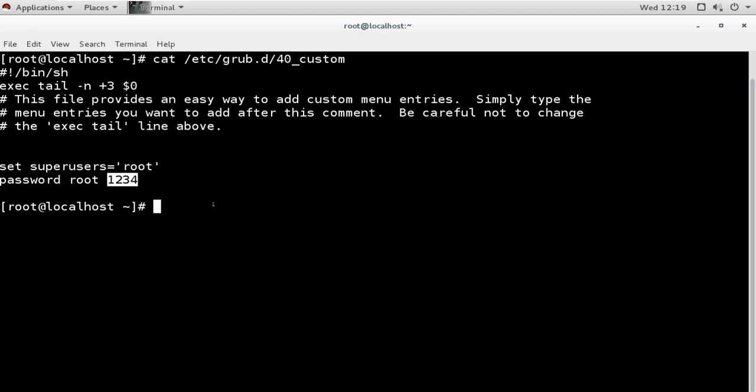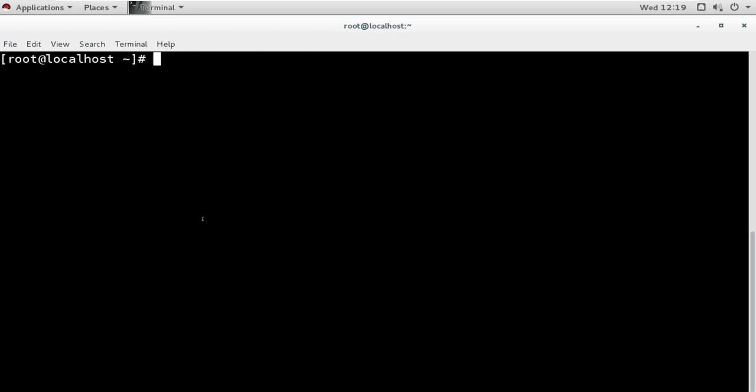So for that, first you have to generate the hash for your password. For that we have a command, grub2-mkpasswd-pbkdf2.